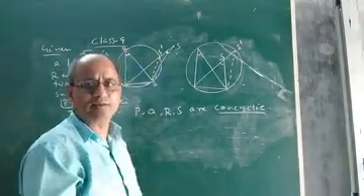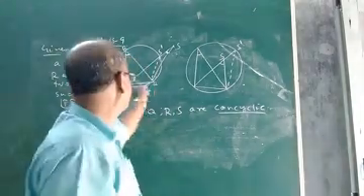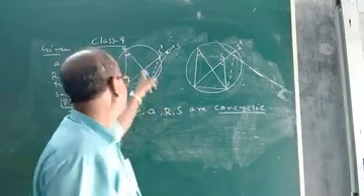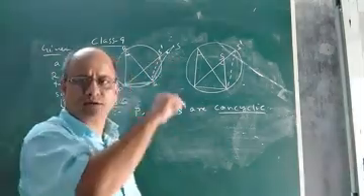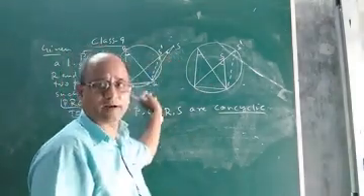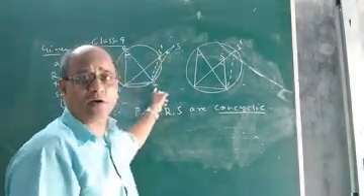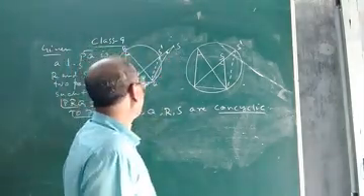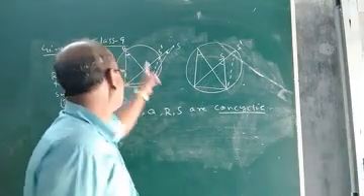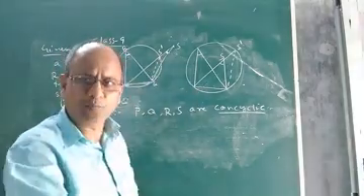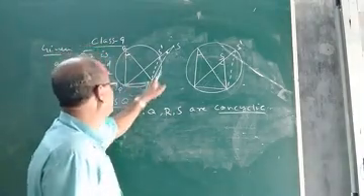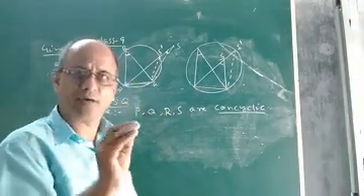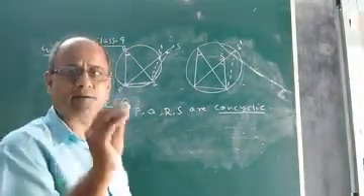So what I mean to say, children, is this: take a line segment PQ, and R and S are any 2 points lying on the same side of PQ. Now if the two endpoints of the line segment PQ are joined to R and S, you will get two angles, namely PRQ and PSQ. Suppose it is given that these angles are equal. How will you prove that the points P, Q, S and R are concyclic, meaning they lie on the same circle? Children, I hope you understood the statement of theorem 10.10.